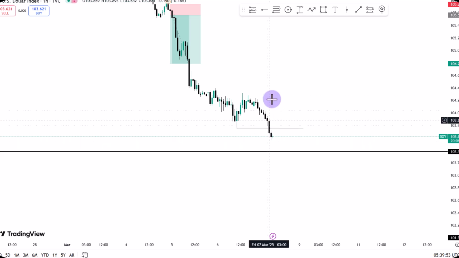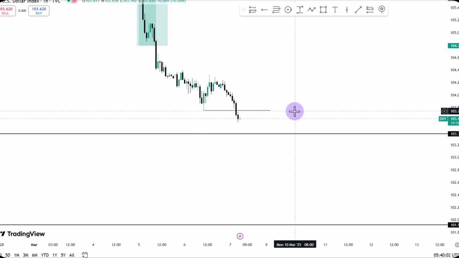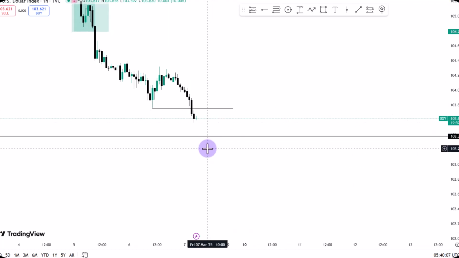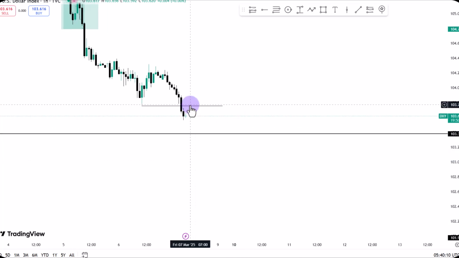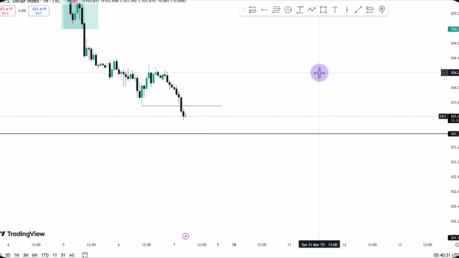I would like to see the dollar tap into that monthly fair value gap, then create a cracking correlation on the lower time frame. So two things are involved. If I see the dollar get into this level before the NFP and it gives me a smart money divergence on the dollar index, the euro, and the GBP USD, especially on the 5 or 15 minutes time frame, I'm going to get an entry for a buy if the dollar trades into this level ahead of the NFP. I'm going to be looking for cracking correlation to get a buy on the dollar while I'm selling the euro USD and the pound dollar.